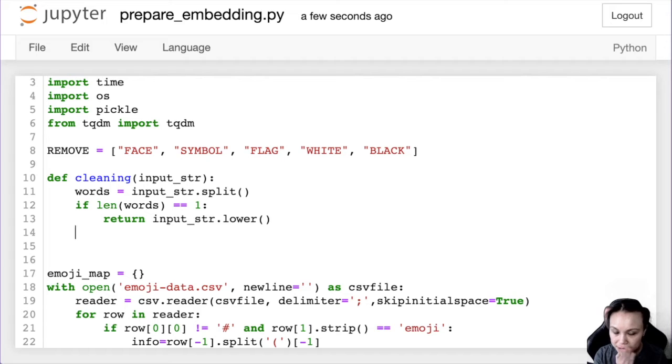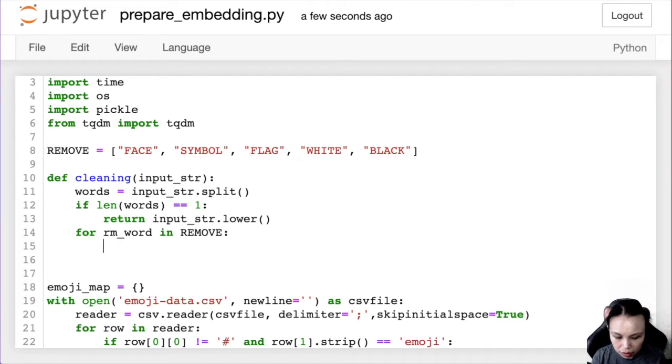So what I've got to do is go through: for RM word in remove, if RM word in words. Okay, shall I clean it with the lowercase first? No, that's fine.